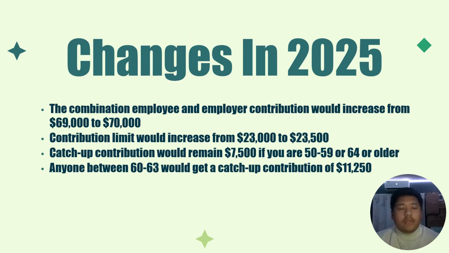Now, some changes are going to occur in 2025. For both the SEP IRA and the individual 401k, the combined employee and employer contribution limit would increase from $69,000 to $70,000. Only for the individual 401k, the contribution limit would increase from $23,000 to $23,500, and the catch-up contribution would remain the same at $7,500 if you are between the ages of 50 and 59 or 64 years old or older. Anyone between the ages of 60 and 63 would get a catch-up contribution of $11,250,